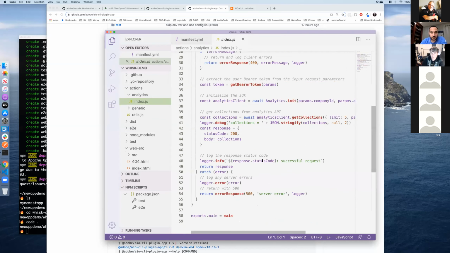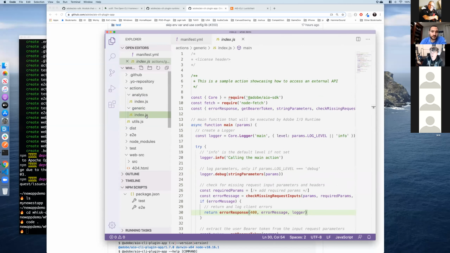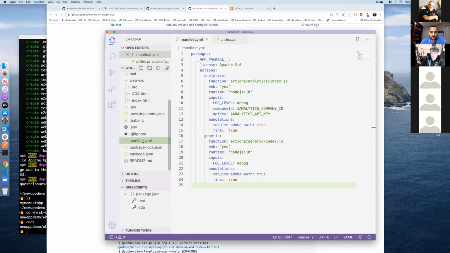This is all sample code for integrating with analytics, and a generic action, where I can do whatever I want. You'll probably recognize some things like a manifest YAML, which describes both functions already listed in the actions. And this is going to be deployed behind the scenes.